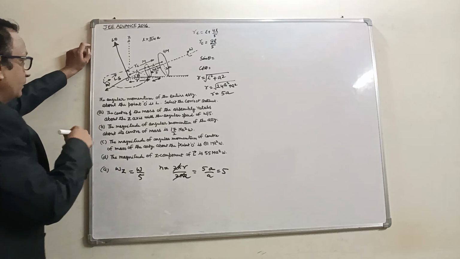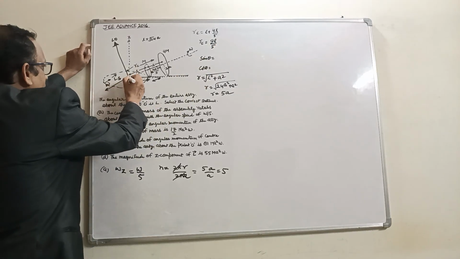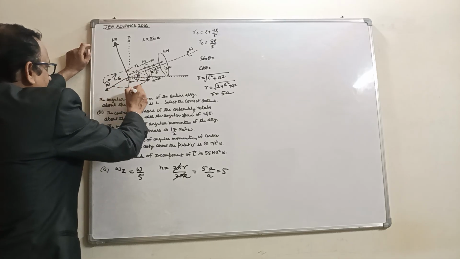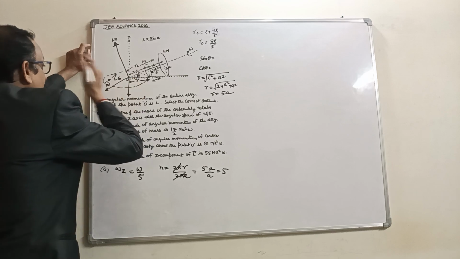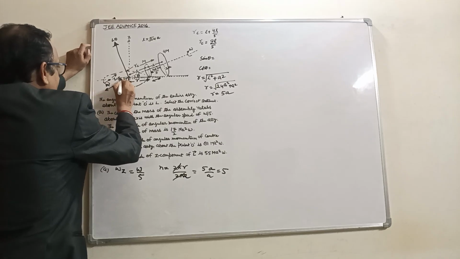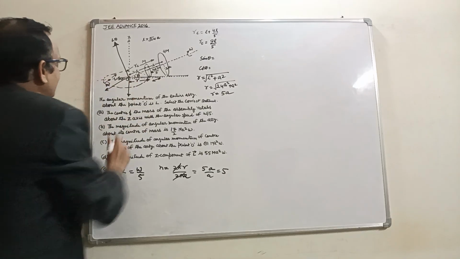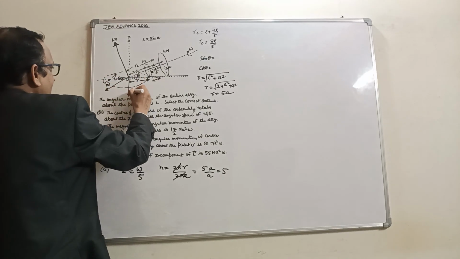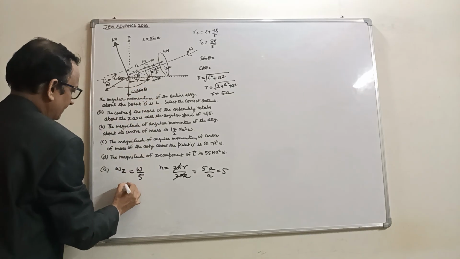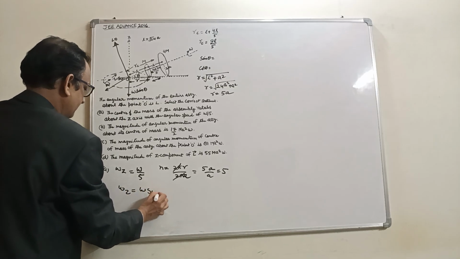We can also calculate it another way. This is the direction of omega. The angle of omega from the horizontal plane is theta. This angle is theta, and this angle is also theta. So the component would be omega sin theta. Omega z would be, in this other way, omega sin theta.